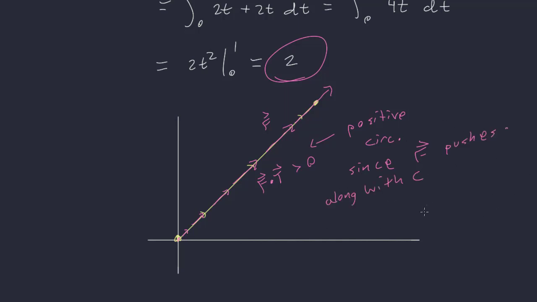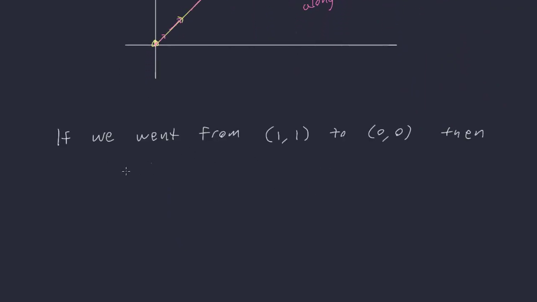Okay, now if I were to go in the opposite order, if we went from, say, 1, 1 to 0, 0, we would see the opposite. Here's what we'd see if we went from 1, 1 to 0, 0. So here's why direction matters so much. Because if we did that, going from 1, 1 this way to 0, 0, well, now that completely changes our